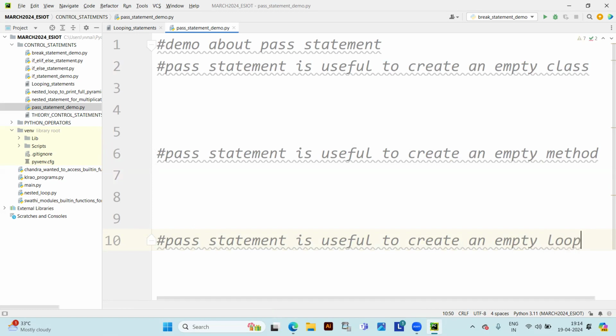So these are the three places where we apply the pass statement, in order to write a dummy class, method, or loop. Let's suppose, in object-oriented programming,